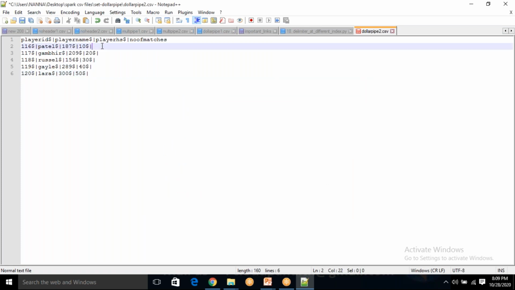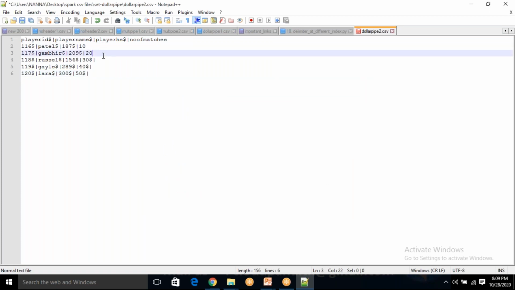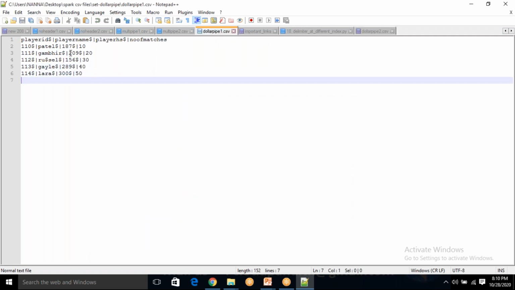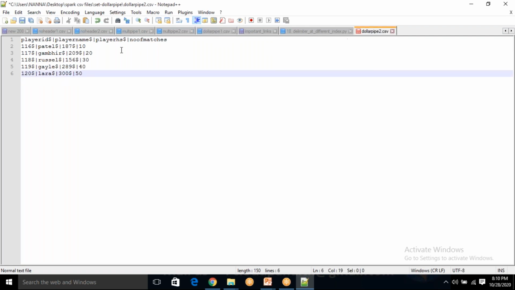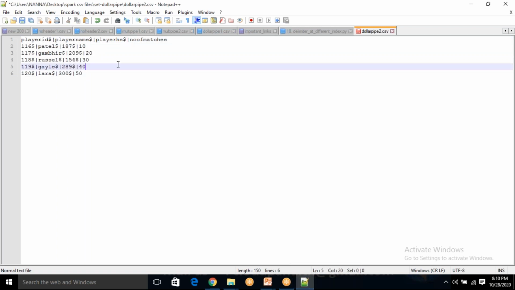Now you can see dollar pipe 1 is having 4 columns: player ID, player name, player highest score, number of matches, and dollar pipe 2 is also having player ID, player name, player highest score, and number of matches. Only 4 columns. Why did I remove the 5th column? Because to understand one of the use cases, yesterday we added the extra column.